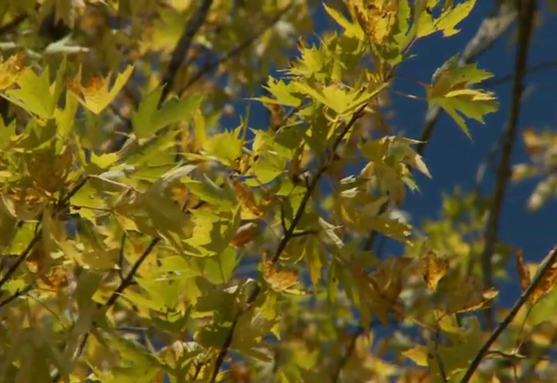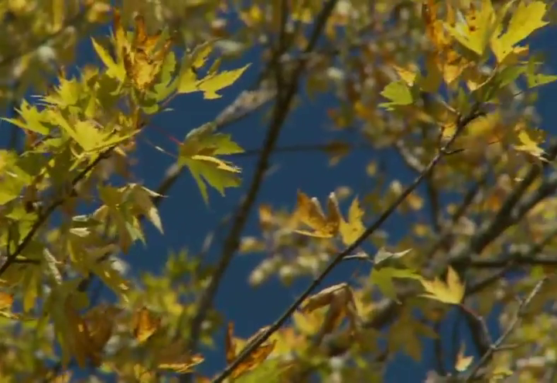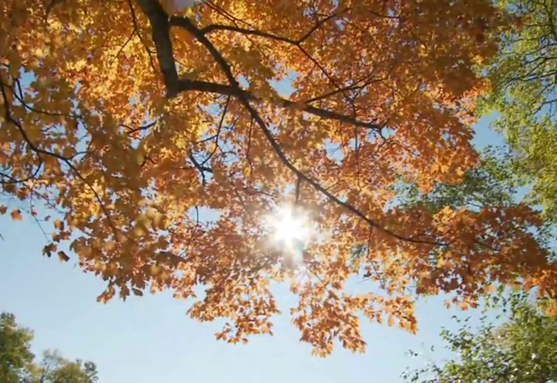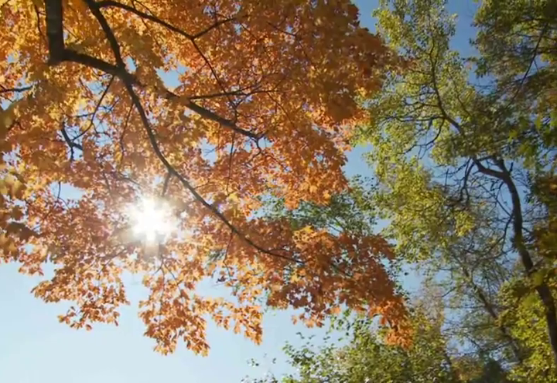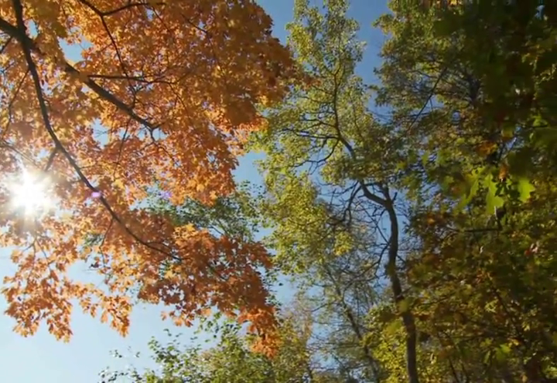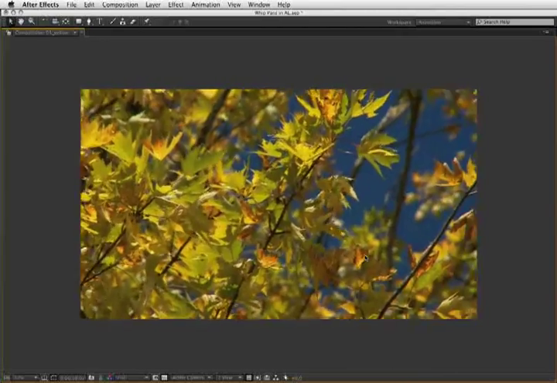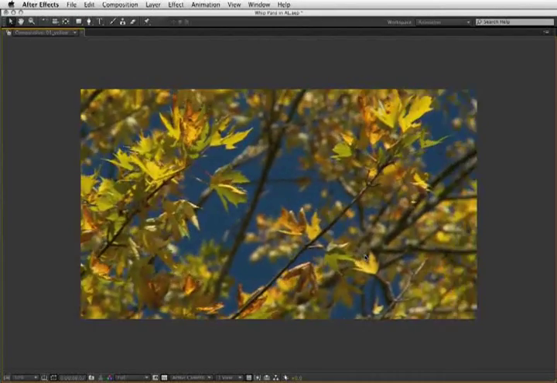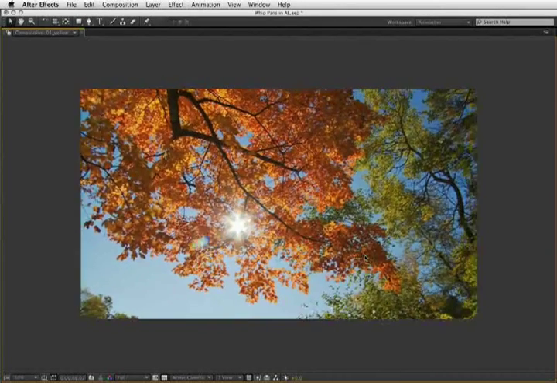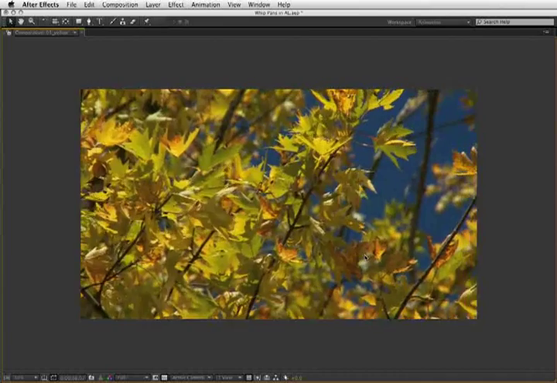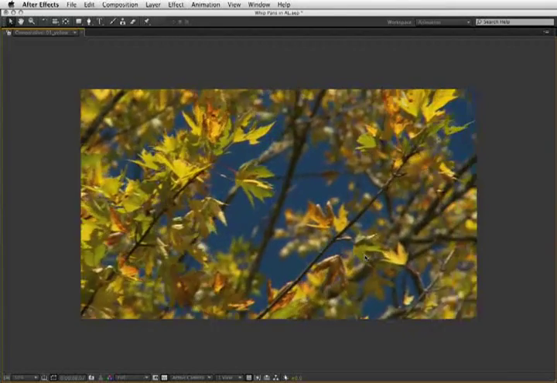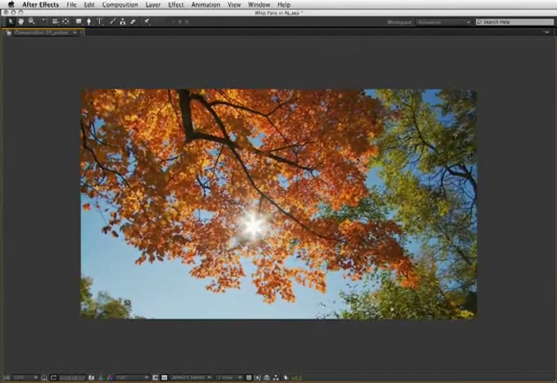And secondly, if you're working with actual footage that has motion in it versus a still, it's important to choose a transition direction that works with what the recorded motion of the camera is already doing. And since both of these shots are panning from left to right, it would make sense that we'd have the transition go from right to left. That means the yellow leaf footage, our outgoing layer, needs to move to the left-hand side of the comp during